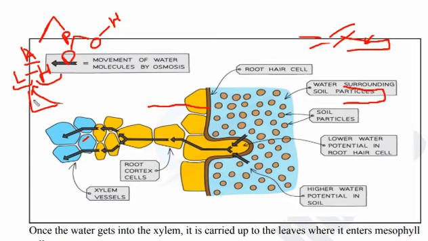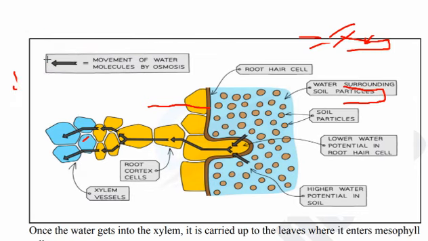Why did I mention the stem or root or leaf? Because the function of the xylem is to transport water and minerals. Basically, who is transporting the water? The xylem transports it from one place to another. Absorption is done by the root hair cells, but the xylem helps in transportation.